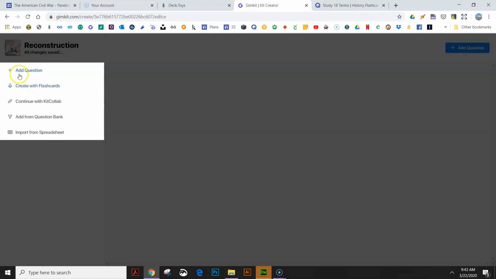I'm going to put the questions in here. So add a question. You can put it in manually, create with flashcards, or continue with Kit Collab. This is where you have the kids ask, writing questions. There are good parts and bad parts to it. The good part is that the kids are asking the questions, which makes it a higher level thinking situation. But the bad thing is that while you're watching and you want the kids to participate, you have to read quickly, and sometimes it's happened to me that I've missed questions. So when you use Kit Collab, make sure that you have a way to